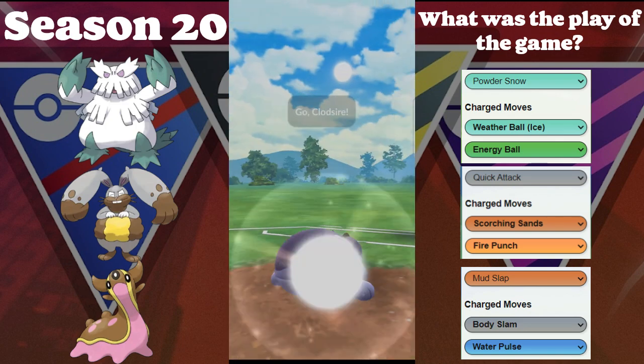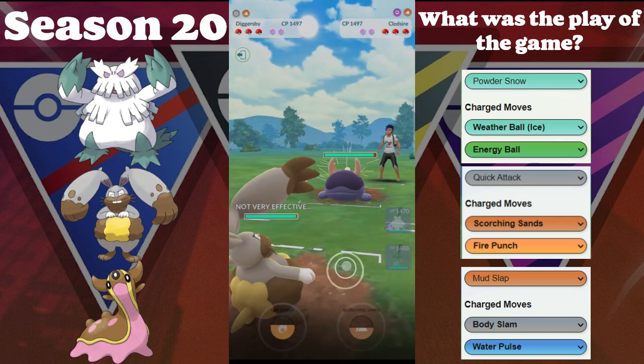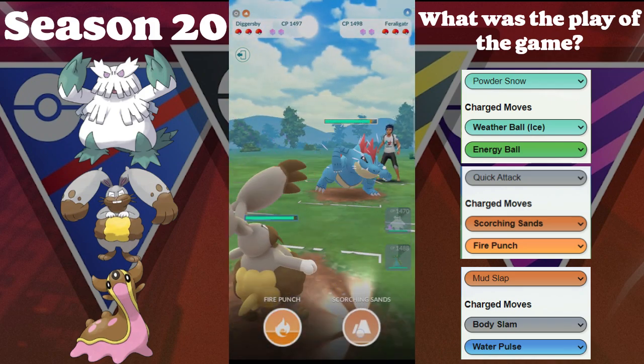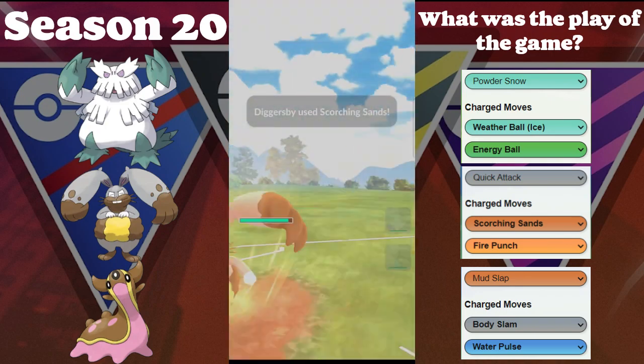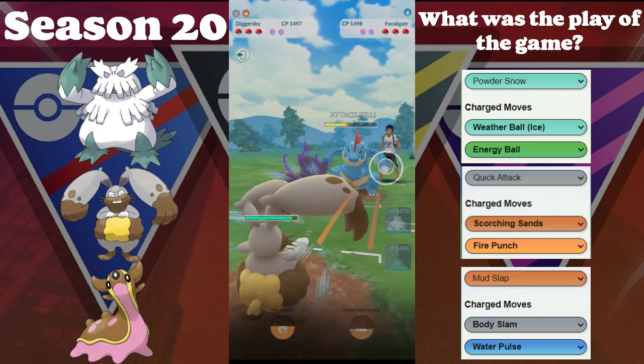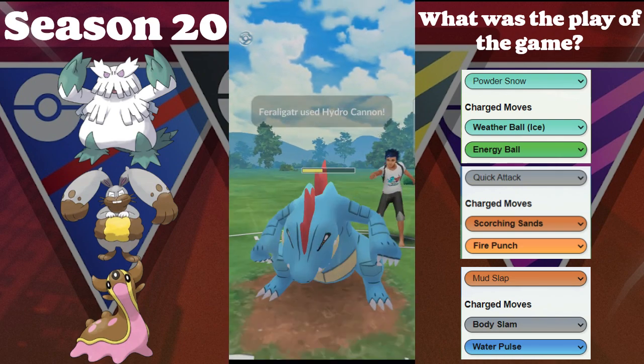We got the Shadow Abomasnow versus the Clocksire. What are we going to do here? We're going to switch out into the Diggersby. They switch out into their Feraligatr. Feraligatr here, going to have to think about tanking this Scorching Sand. It is debuff, but it's also non-shadow, so we're going to have to...